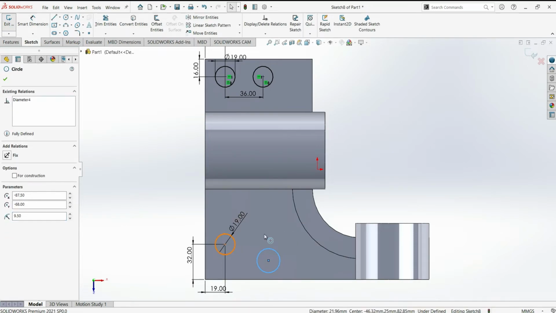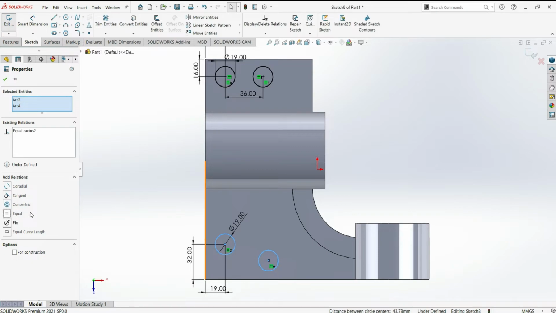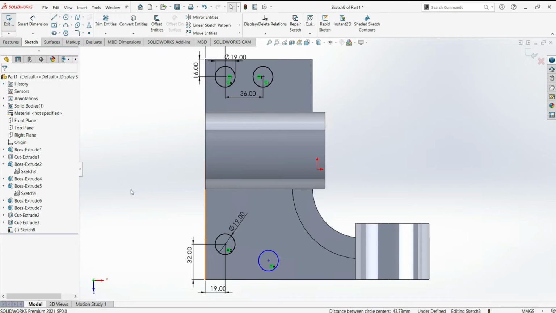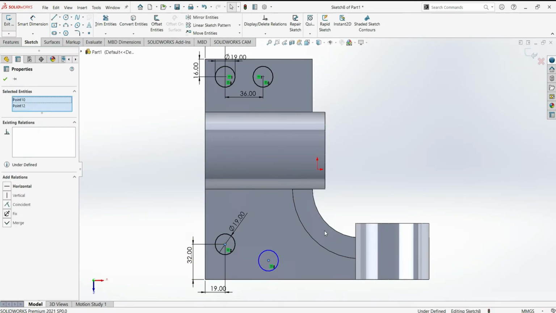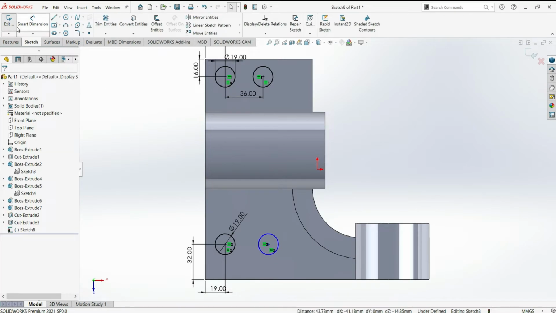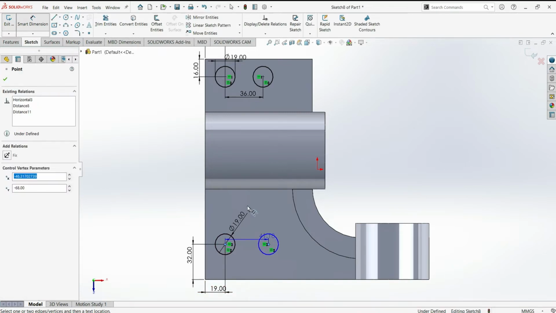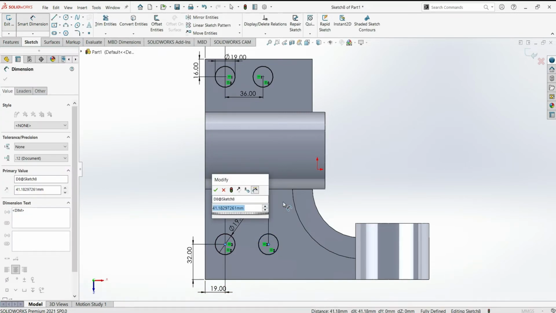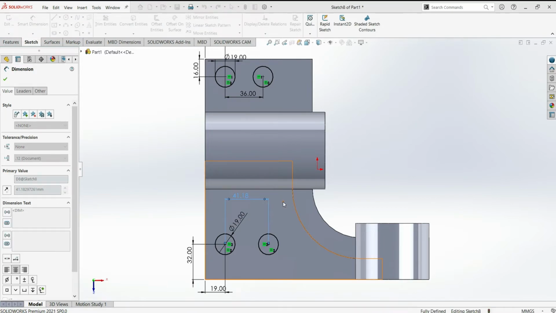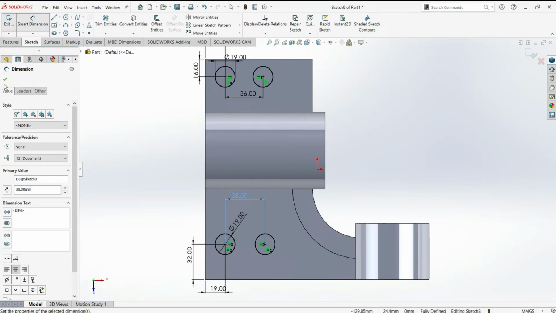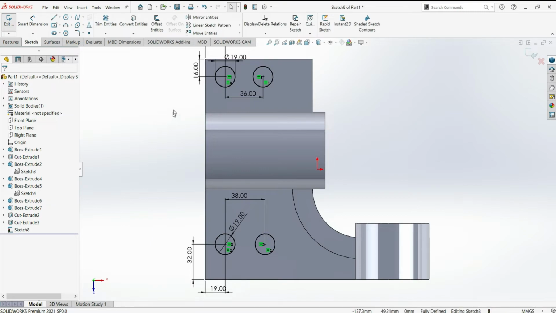Select these two circles and make them equal, select OK. Again select this center point and this center point of the circle and make them horizontal, select OK. Smart dimension, and the distance between these two circles will be 38 mm and select OK.